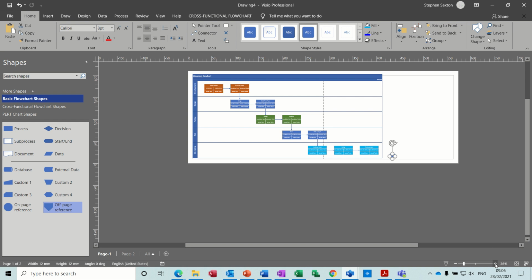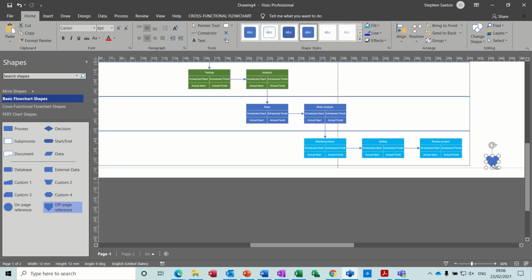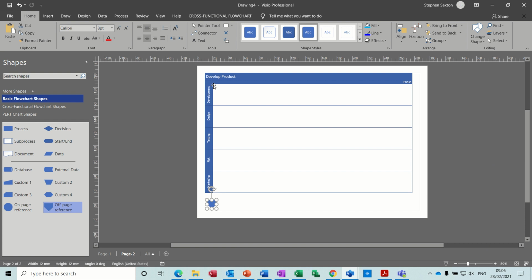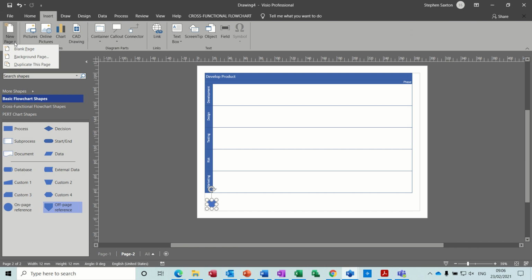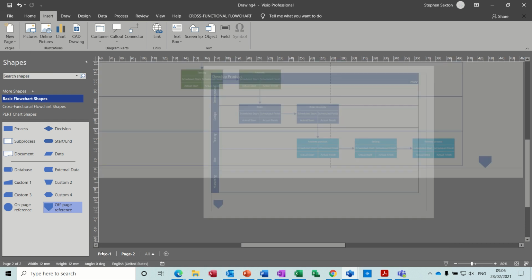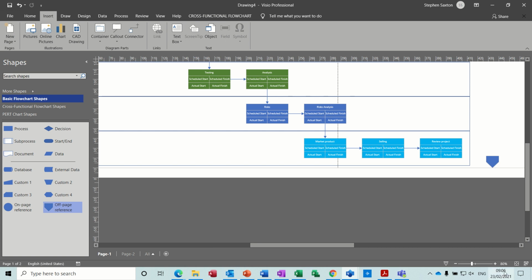Just zoom that in a bit. Back and forward between these two by just double clicking on them, and then you've got the same swim lanes as before, because we did that, if you remember, before we started with any shapes, we selected duplicate page. And if you think you're going to go that way and you're going to have lots of different pages, you want to set this up first, or if you're going to print this off on maybe an A3 printer, you've got this option